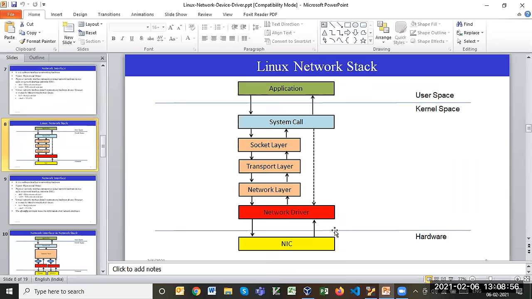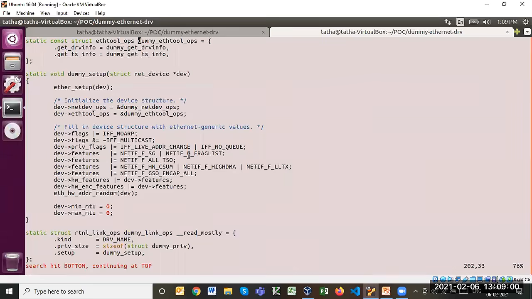For that, this kind of information is required. So without going through the network stack, you can call it directly. But again, this is ethtool specific operation.